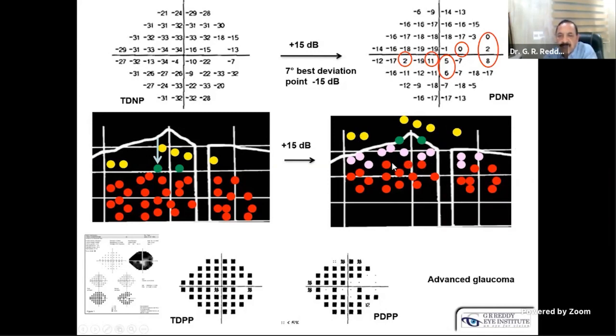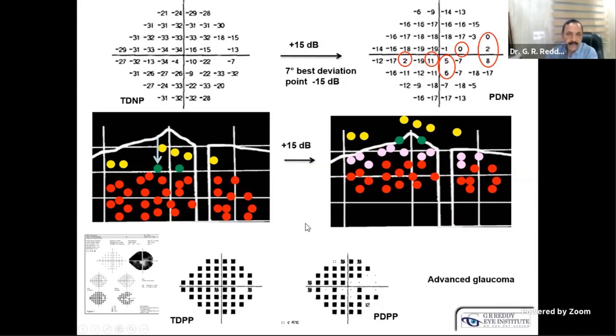Actually, we want only to know the pattern. If 10% of the points are removed, we know the pattern. Suppose we make 25 or 30 points, 50% of the points, normal; then the direction of progression will not be known if you select the points towards the right. On average, they found that if you take the 7th best point as normal, minimum 7 points will become normal. That is enough to remove the generalized depression and become a localized scotoma. Then we know the pattern of the field defect.